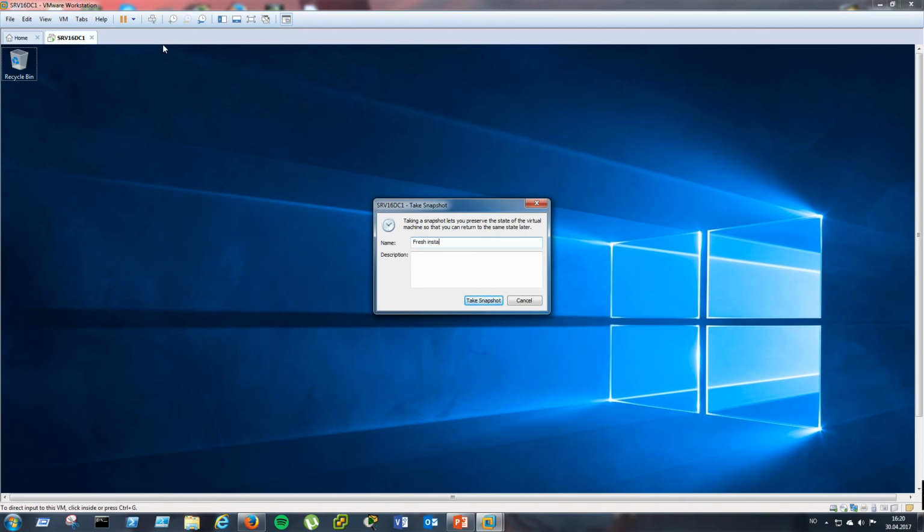Fresh install. You can do a description so you know what the snapshot is about and where you did the snapshot. So I'm going to call it fresh install, and before configuring anything,